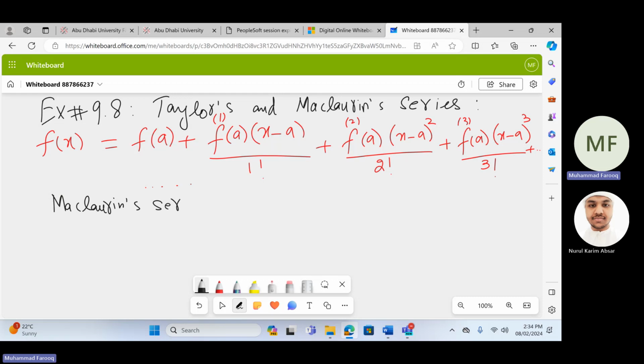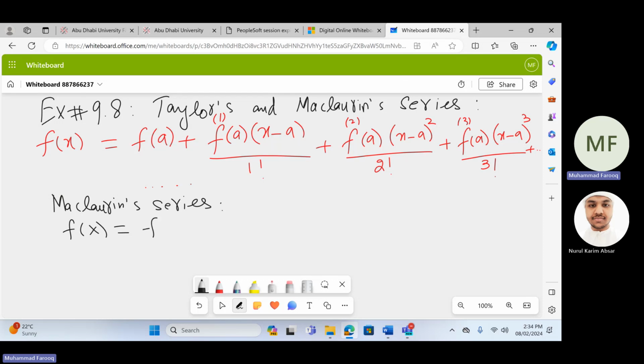Maclaurin series. Taylor's and Maclaurin are the same, with only one difference. Taylor is centered about some point A, while Maclaurin is centered about 0. So wherever I put A, you put 0. That's it. It means any function can be expressed in the form of a Maclaurin series, which is centered about